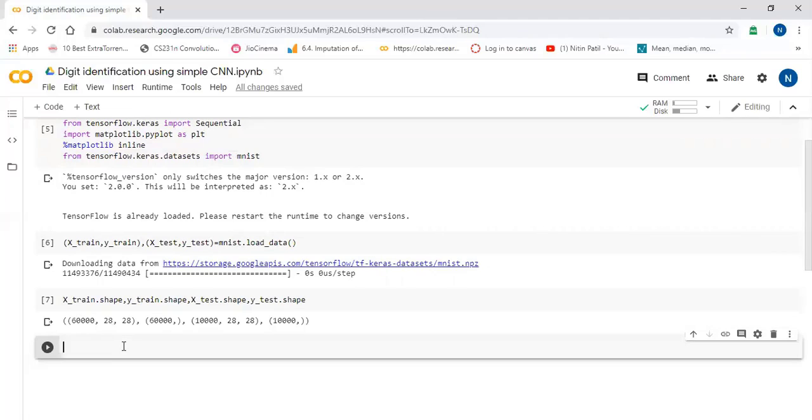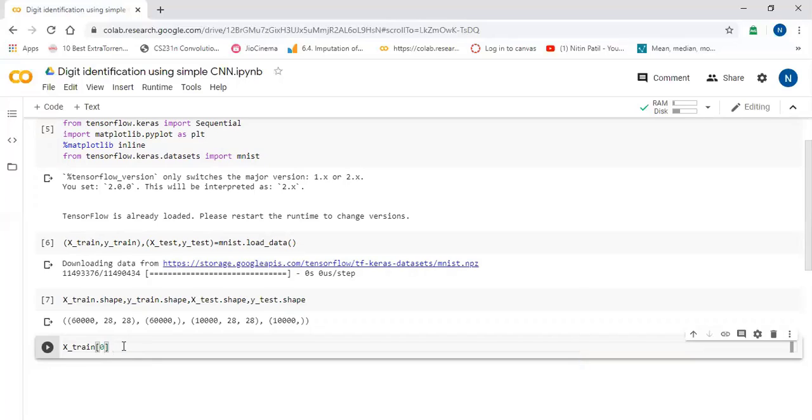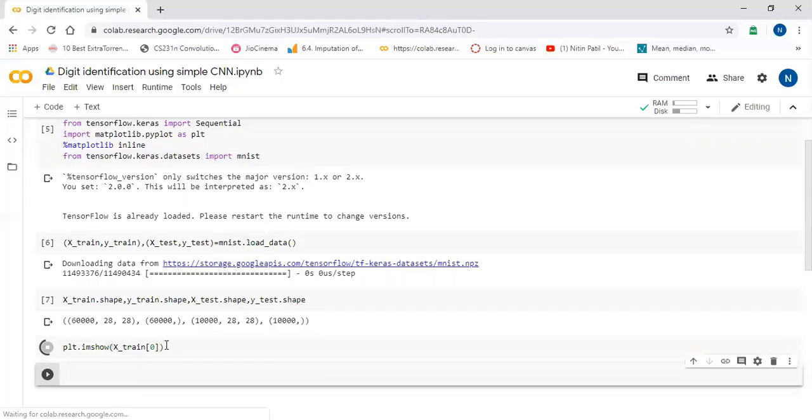We can see the image as well. So I will just show you the first image. I will say plt.imshow(x_train[0]).